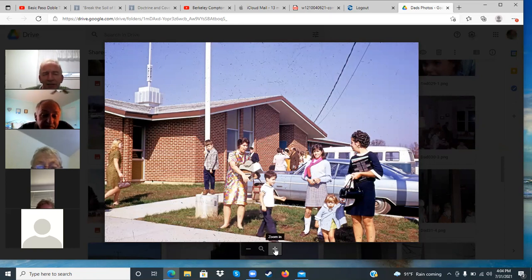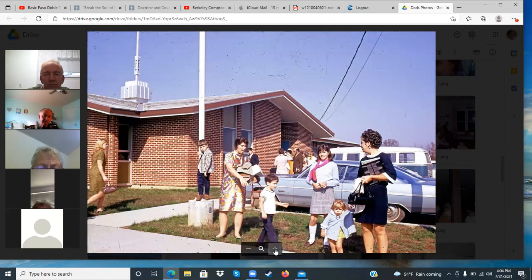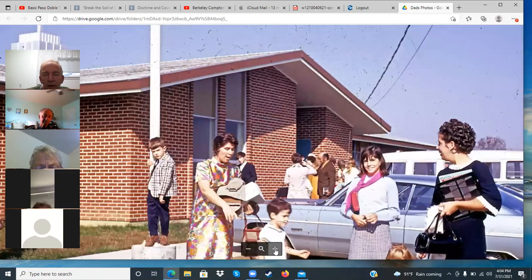So Annette, did you say this was Manassas? Yeah, I think it's definitely Manassas. We built one of those chapels in stages. This is the first stage of the chapel. I think that's Brother Harlow in the back with the bald head. You'd have to zoom in on the others. I don't remember everybody's name. Maybe Chad does remember some.